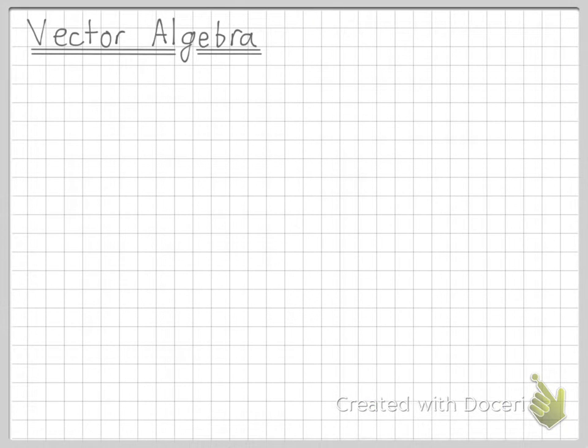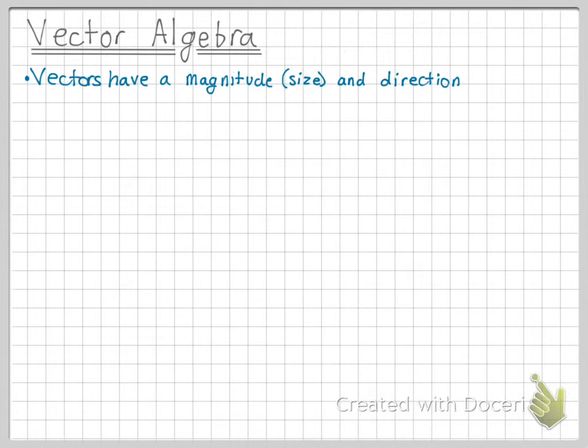This video covers how to add and subtract vectors visually. The difference between a vector and a scalar is that a vector has a magnitude and direction, whereas a scalar just has a magnitude. These are examples of vectors. They have a size, which can be interpreted as the length of the arrow, and a direction, which is where